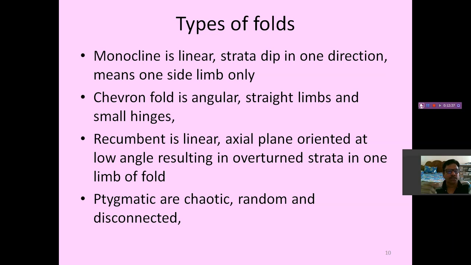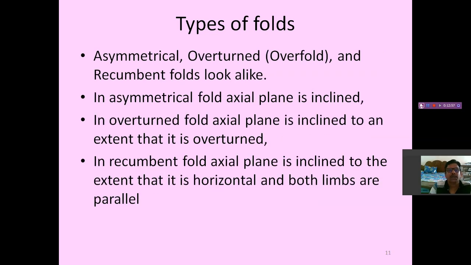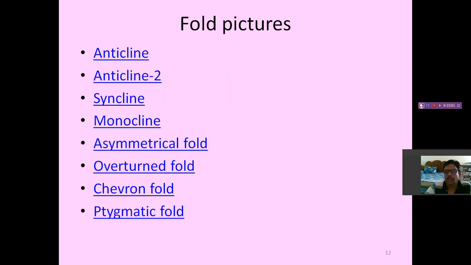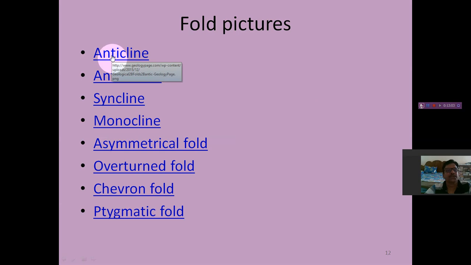Chevron folds, recumbent folds, isoclinal folds, all these are different types of folds. Because the lecture should not end within 2 minutes, I have given you all these examples. People who are more interested can go through Google; lakhs of sites are there. I have also taken most of the photographs from there. These are again asymmetrical folds, overturned, different types of folds. Here are some pictures I have taken, showing how an anticlinal fold looks in photographs.